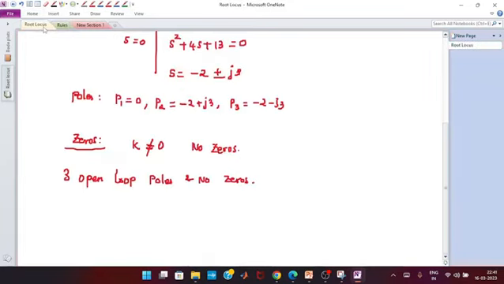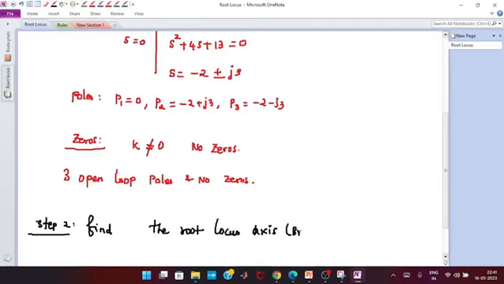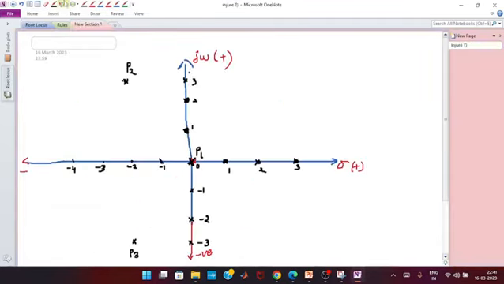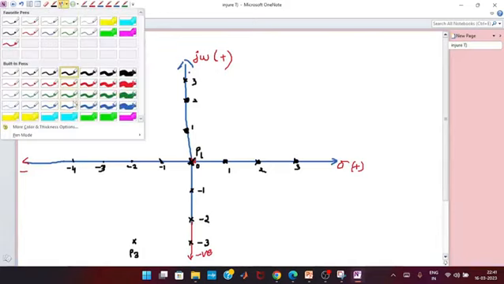So here, if you want to find the root locus branch, the second step is to find the root locus branch. For that, you have to check how many poles are on the real axis. Now, if I am considering any pole, if I am considering any point,